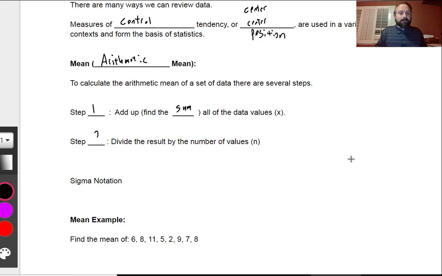Second, we're going to divide the result by the number of values. Now let me show you a little sigma notation. It depends on whether we are talking about the mean of a population, which would be a mu, like a u with a tail on the end, or if we're just dealing with numbers,